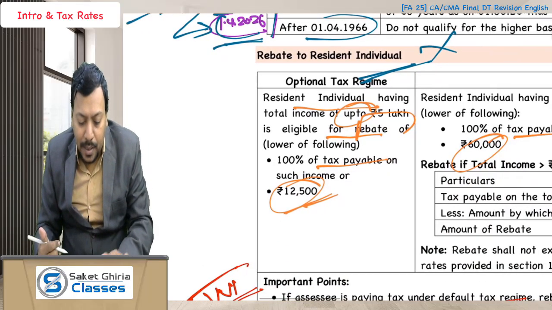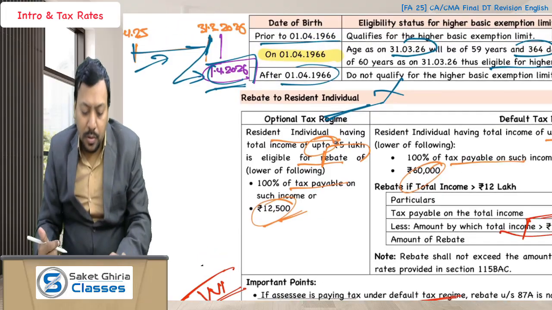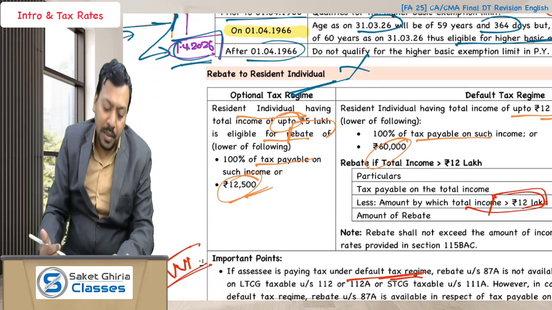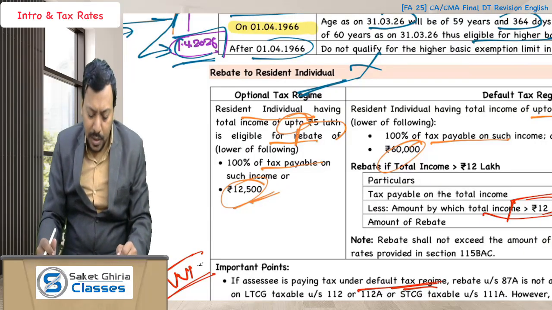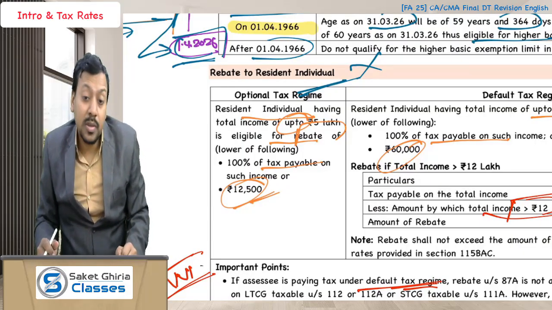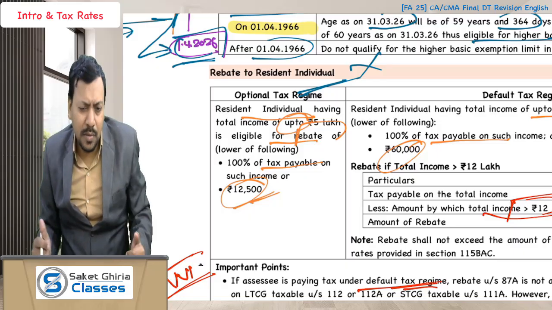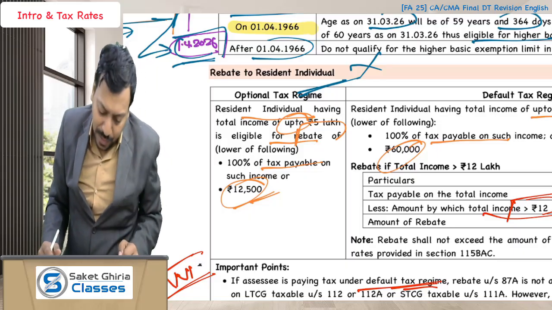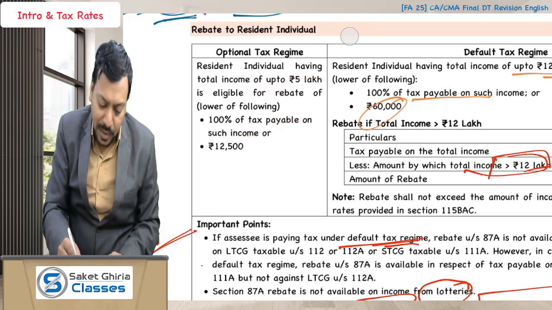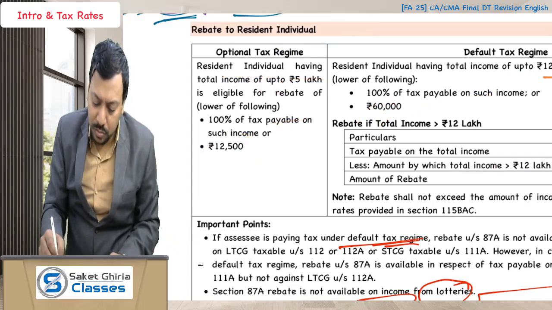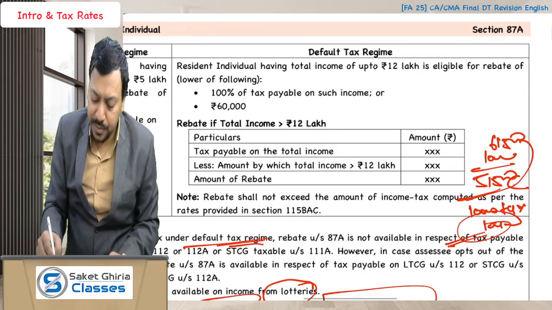Okay. We have seen all this. Now we are moving forward. Rebate to resident individuals, as we were talking about. Sir, up to rupees 12 lakh income there is no tax, as we have read in the news. But you are saying that only up to 4 lakh rupees there is no tax. Then how is this going to work? Dear friends,